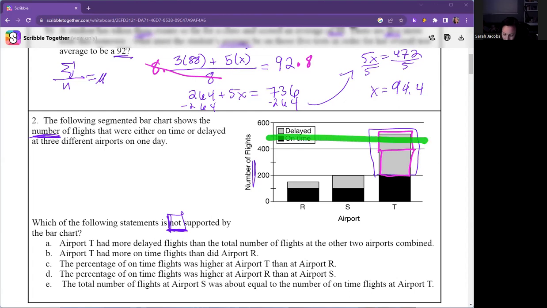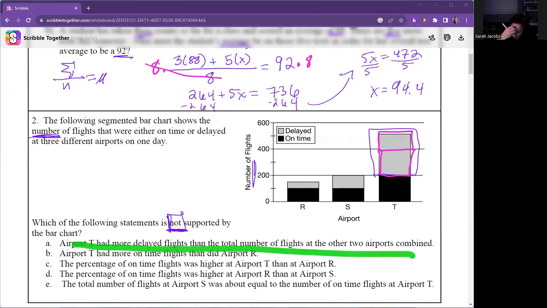Yeah. All right. So Airport T had more delayed flights than the total number of flights at the other 2 airports combined. Looking at it super closely, it's a pretty close call. I would say no, but